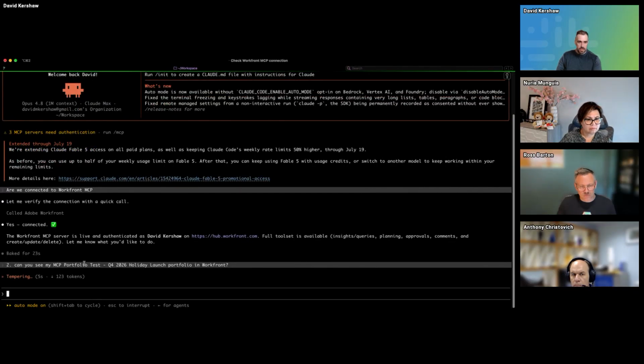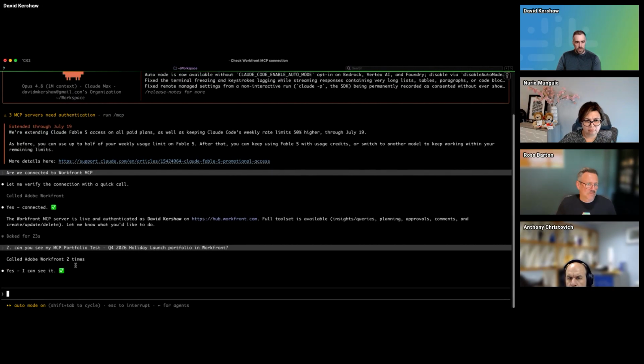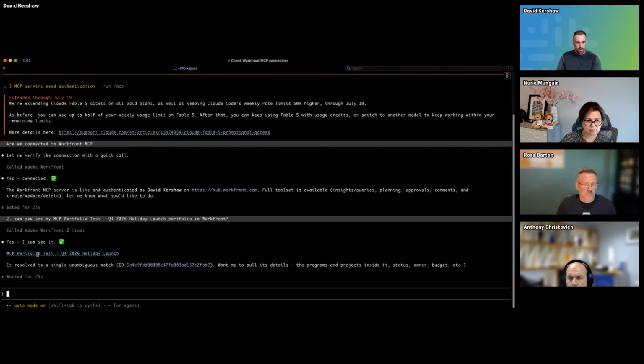This is connected through the MCP, which I pre-authorized before this call, and connected to my Workfront instance. You can see here it's calling the Adobe Workfront tool set that we looked at, and we can see exactly what it does once it's done. So it says yes, it saw the portfolio test.